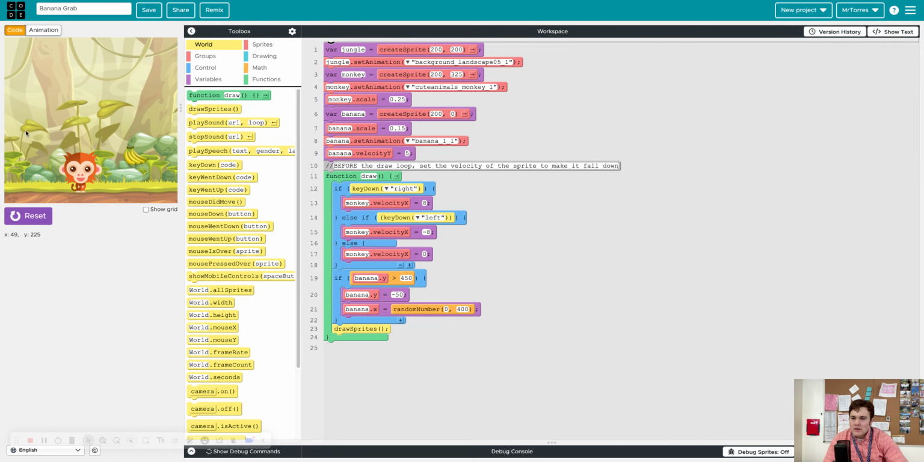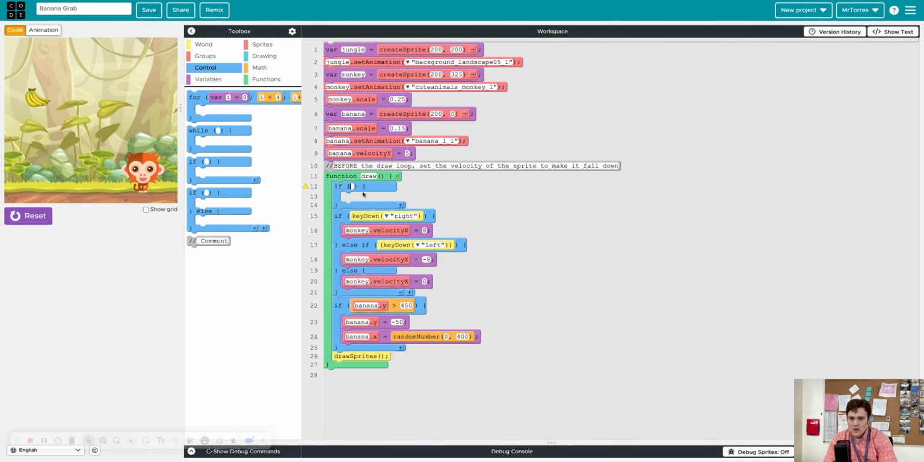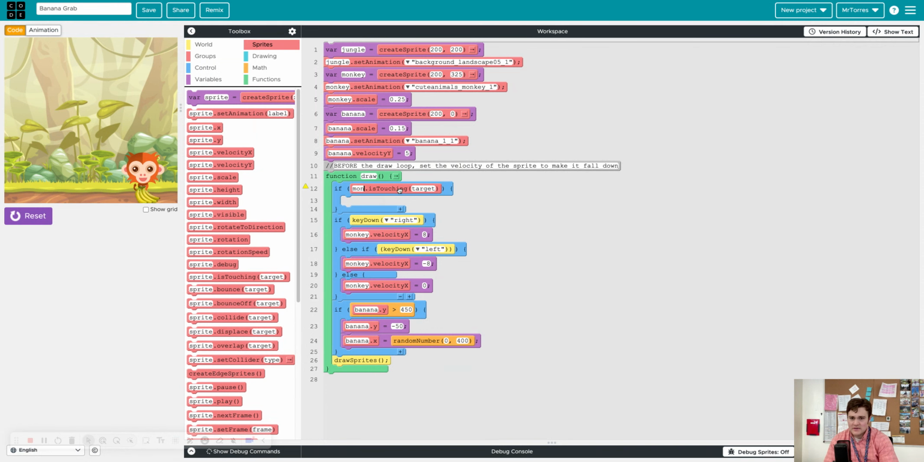Now, let's think about what we want to happen here. If we get the banana, then we want it to go back to the top. So keyword there was if. So somewhere in our draw function here, if we get the banana. So how do we know if we get the banana? Well, we're touching the banana. So if, in my case, it's the monkey is touching banana,